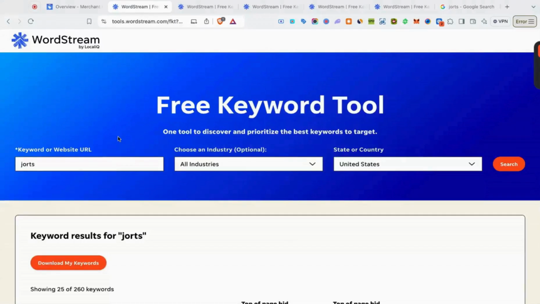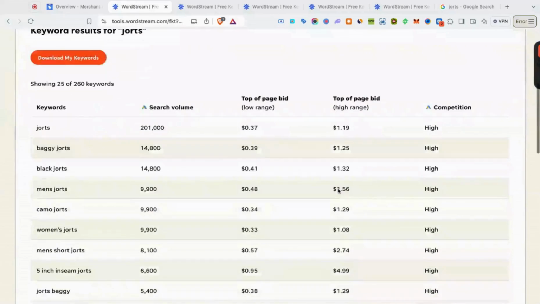So now I'm on WordStream. It's a tool that lets us see the search volume for a keyword, query, or product. I've typed in jorts and I have it filtered by the United States alone. If we take a look at the report, we can see that 201,000 people are searching up jorts every single month on Google. So that's a lot of traffic that you guys are missing out on with your clothing brand if you aren't running Google ads. And then the cost per click is only around 37 cents, which is insanely cheap compared to platforms like Facebook